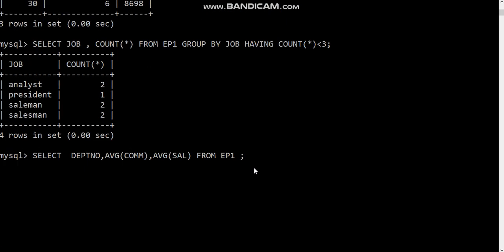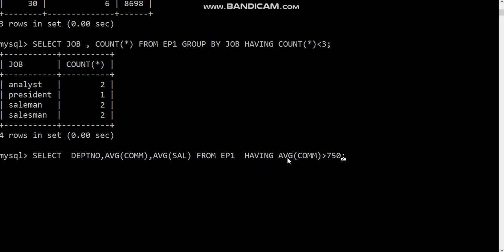Okay, average will come. Then from EMP1, now I'll put the having clause also. Having average of commission if it is greater than 750. Firstly it will calculate the average of commission and average of salary. Then the condition I am putting with the help of this having clause. I told you wherever groups are being implemented, we need to use having instead of where.